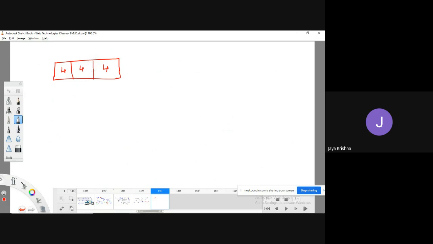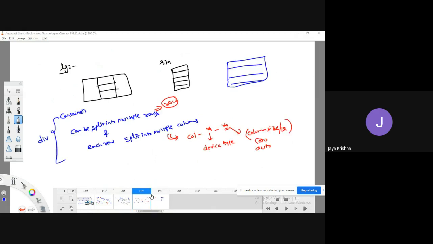So first, let me write a small piece of code here. Let me take this as a kind of container. I am going to take a class called container. So I have taken some kind of division. Now this division I would like to make one row first. So for that I am going to take one division once again, as a row. I have taken one row. This row I need to split into how many columns? 3 columns. So splitting a row into multiple columns, which one are we going to use? We are going to use col-star-star.